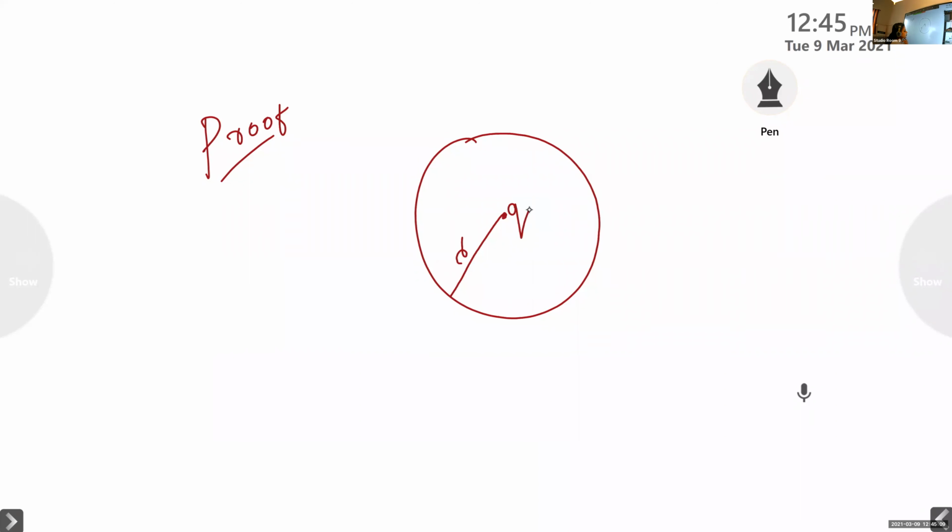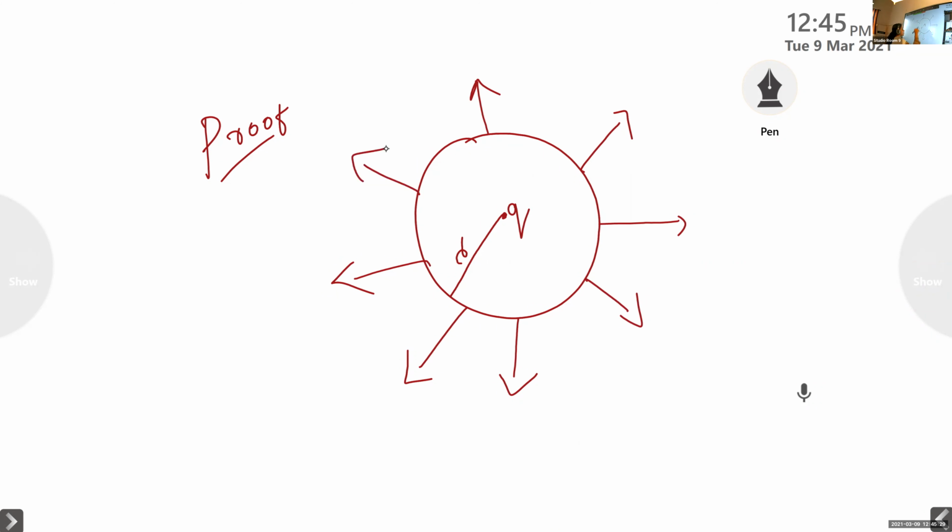So when I place a charge at the center of the sphere, it is a closed surface. We know that the electric field lines are radially outwards. In order to prove Gauss's law, we are considering a spherical conductor where R is the radius of the sphere, and I place a charge Q at the center of the sphere. When I place the charge Q at the center, the electric field lines start radially outwards. They originate from the positive and terminate at the negative side.